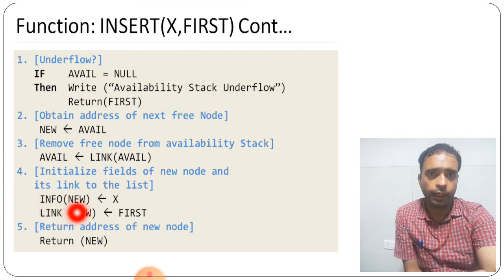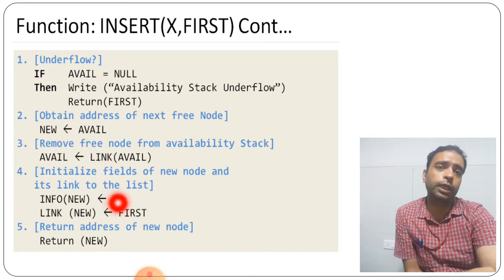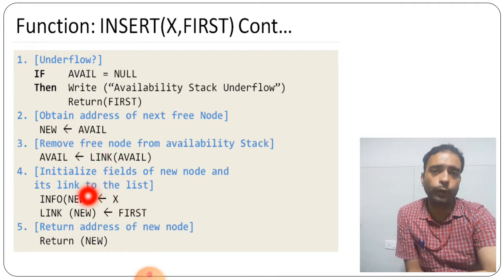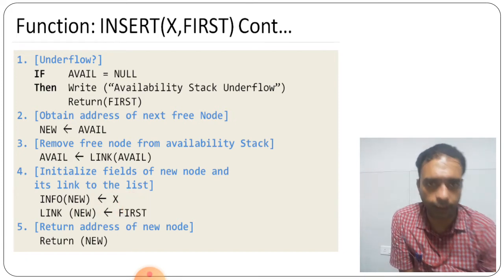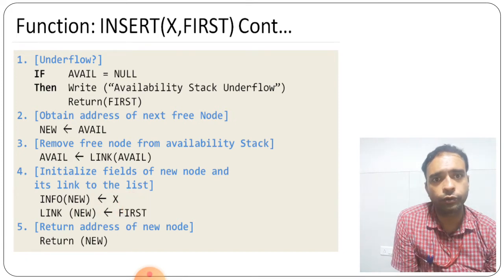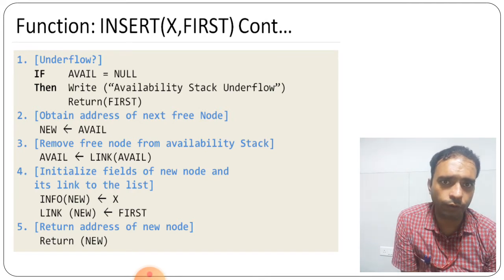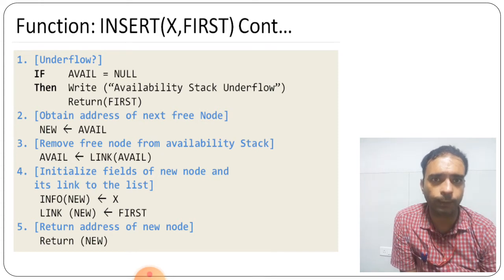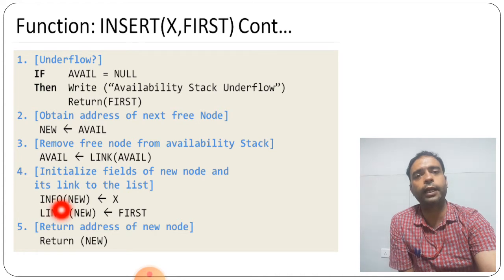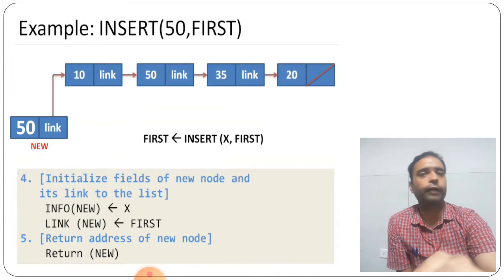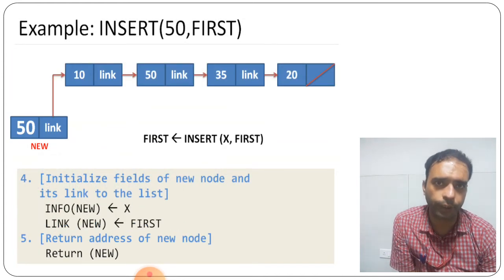Now finally info new is given to the x. अब जो न्यू पार्ट था उसके अंदर जो इन्फॉर्मेशन x थी वो हम लोग प्रोवाइड कर देंगे इसके अंदर, और लिंक न्यू के अंदर क्या आ जाएगा, फर्स्ट पार्ट आ जाएगा, राइट. सो फर्स्ट विल बी असाइंड टू द लिंक न्यू, राइट. तो न्यू वाला जो पार्ट है, अब फर्स्ट वाला किसको पॉइंट करेगा, अब वो न्यू वाले पार्ट को. So finally it will return new.